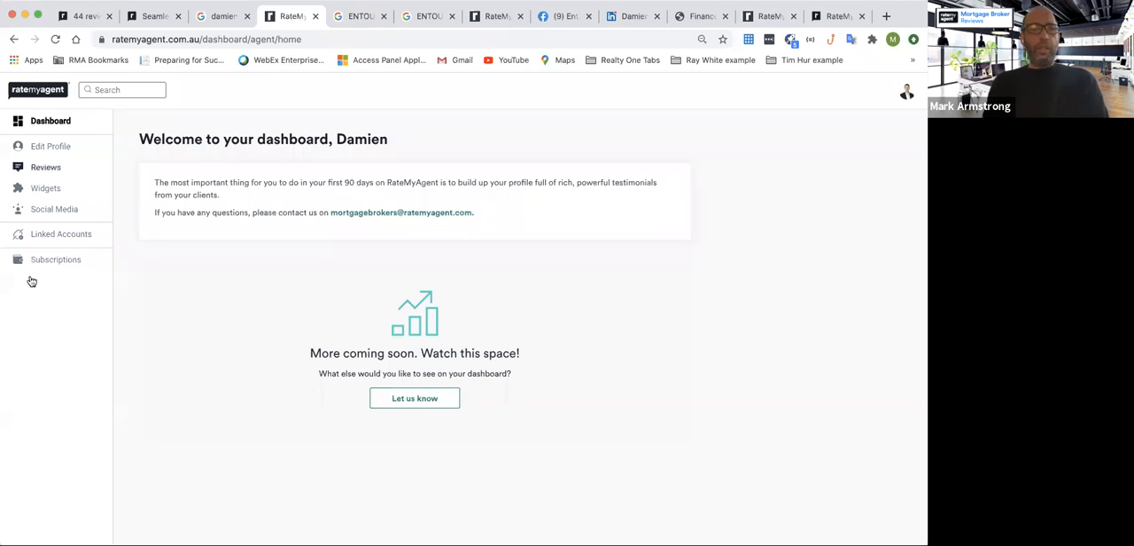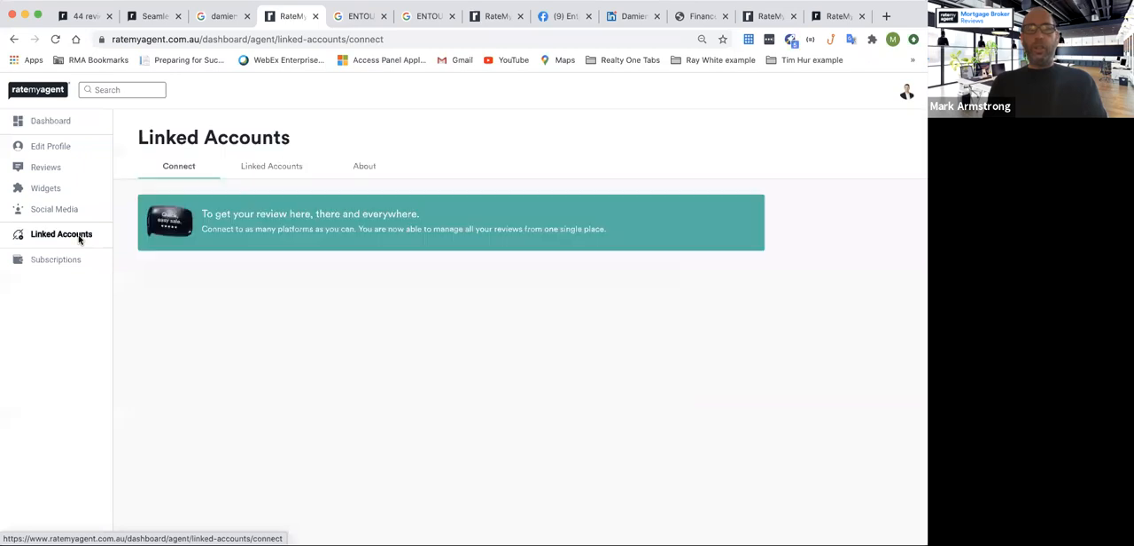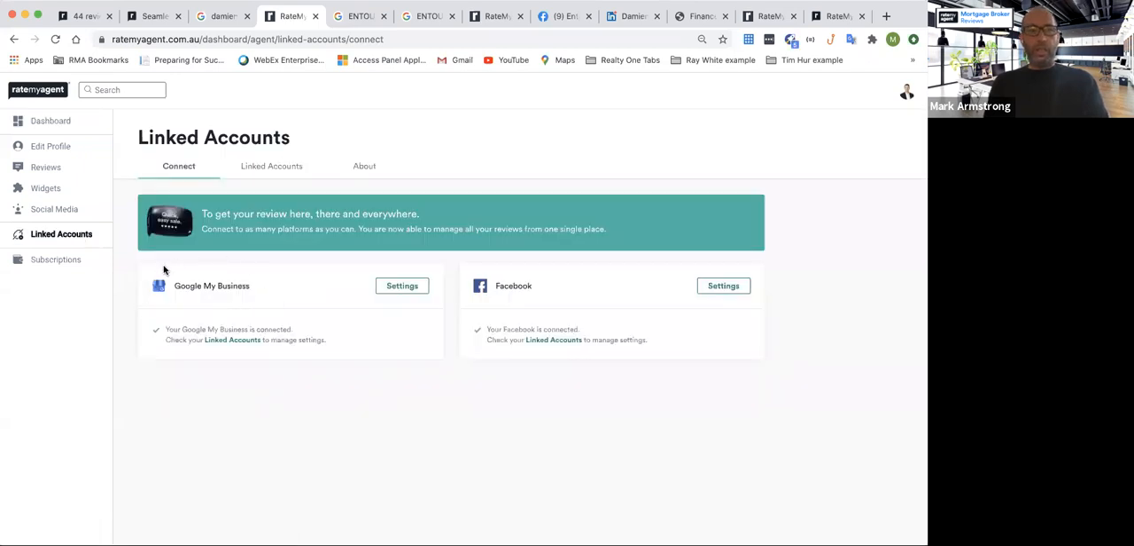And this is Damien's dashboard here. So anyone who has a RateMyAgent profile and is using RateMyAgent, you'll have access to this dashboard. And the first tool I'm going to show you here is, as I said, Google My Business. In the dashboard, if you click on linked accounts, and then you can connect your Google My Business profile to